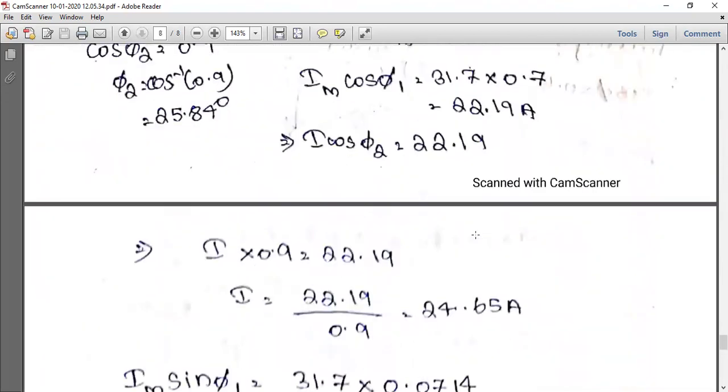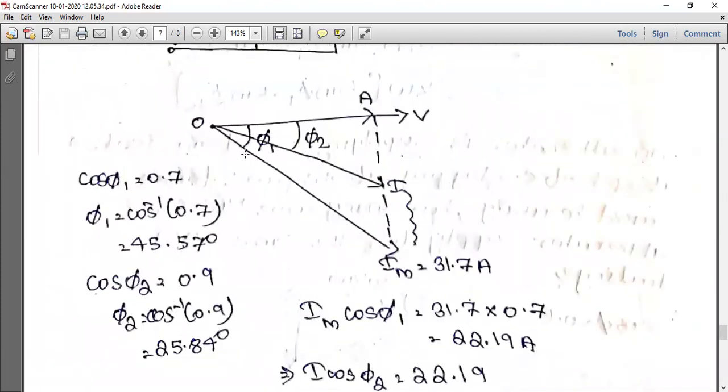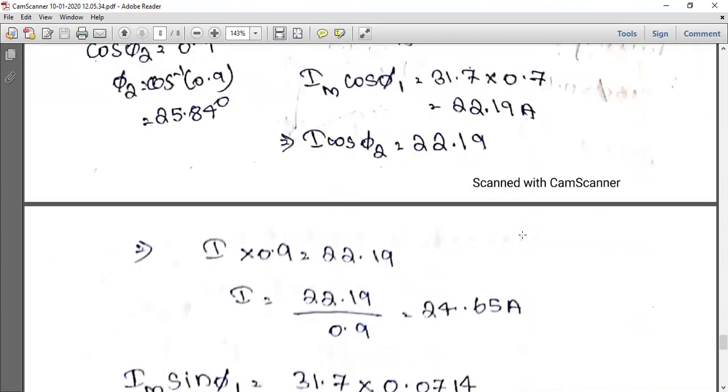I cos phi 2 also we can calculate, which is 22.19, because they are both the same. IM cos phi 1 and I cos phi 2 are the same because they are both the adjacent side of the triangle. Right? So from that we can